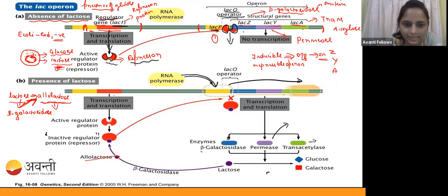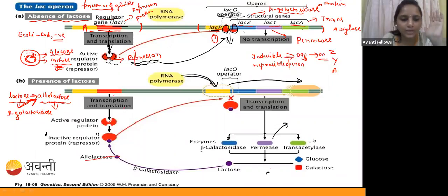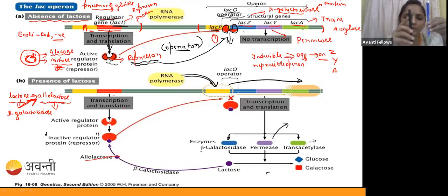You can see this repressor is going to bind on the operator region. Don't confuse, guys, it is not going to bind on the promoter site; the repressor binds on the operator site. When it binds to the operator, you can see here, this is the mRNA, and this is the operator site bound by the repressor. So there is no place for the polymerase enzyme to move through here.